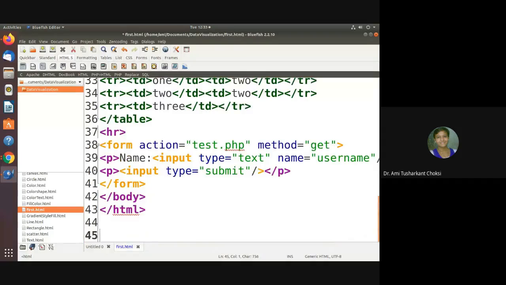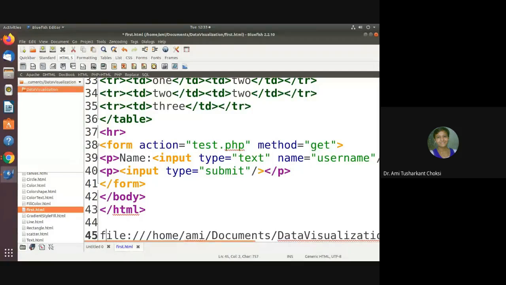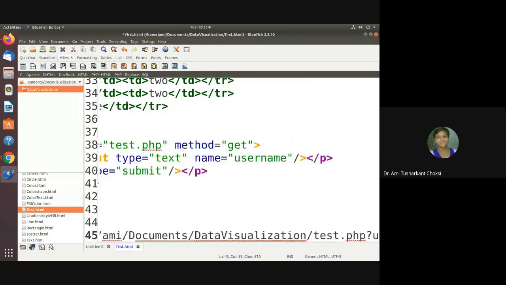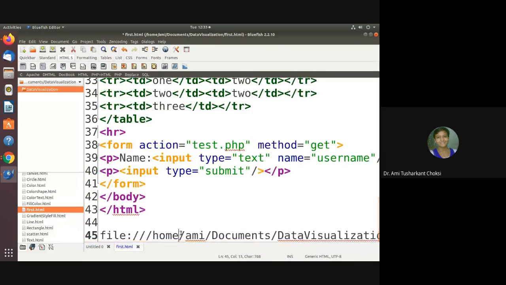What we are able to see in the browser, that is, what is this one? Let me show you. It was file colon triple slash home, AMI, documents, data visualization. Why is it this path? It is because this HTML file which we have opened in the browser is available in this particular path. You can say this is our local file. If it is available on a web server, and if we have accessed that using HTTP localhost something, then we will find that particular path, right? As we have opened that using Control O, that is open file, we are able to see it as file colon triple slash home AMI documents data visualization,